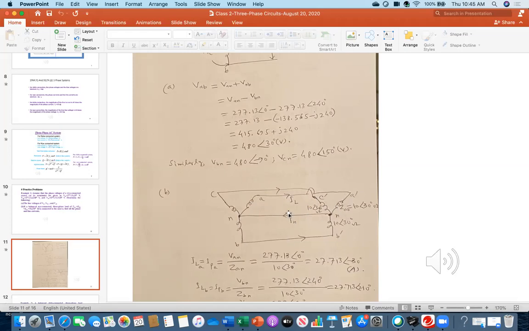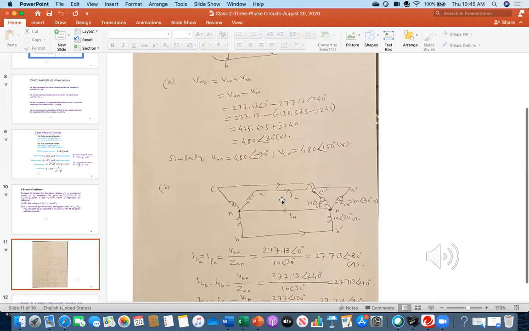So that's why your question is to find out this line current. How much current is entering into the load? Line current and phase current. So everybody see, for example, the line current is coming from here and then entering into this load. But then once the current comes here,